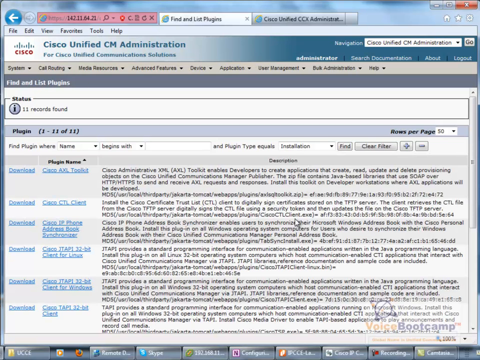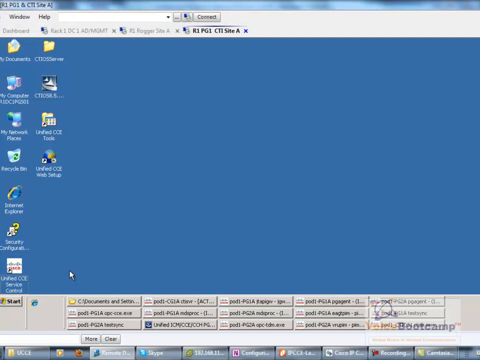So here you can download the JTAPI client for 32-bit Windows client. You need to install that, and when you install this client on this particular server, simply put the IP address of your TFTP server when it asks for it. There's nothing complicated about that. Once you install the